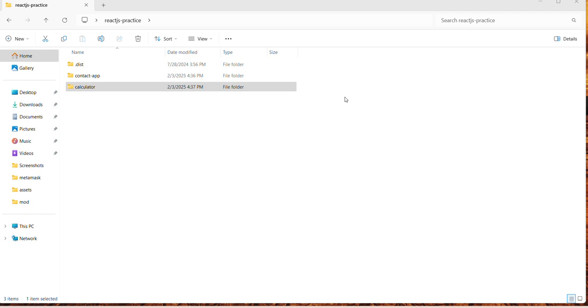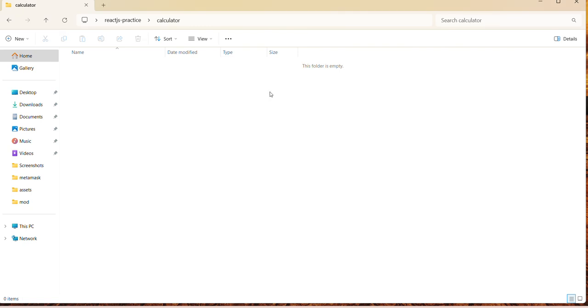Hey guys, so today we are going to create a calculator app in the JavaScript React library. For this, I'll just start it directly without wasting any time. So I'm going to open my VS Code